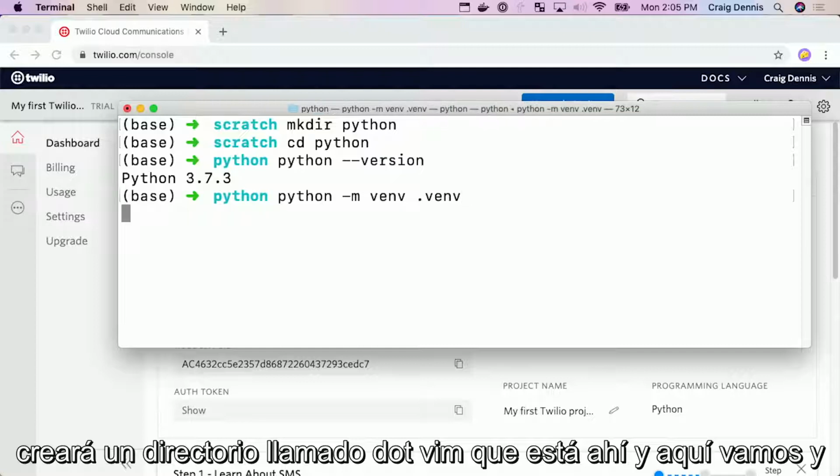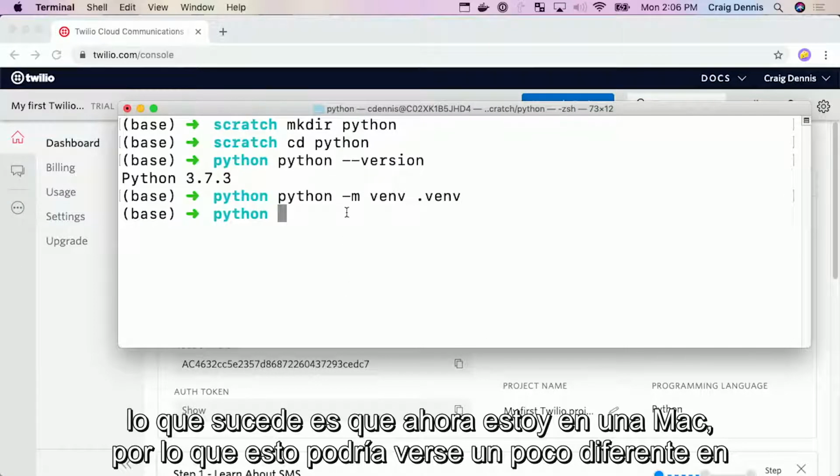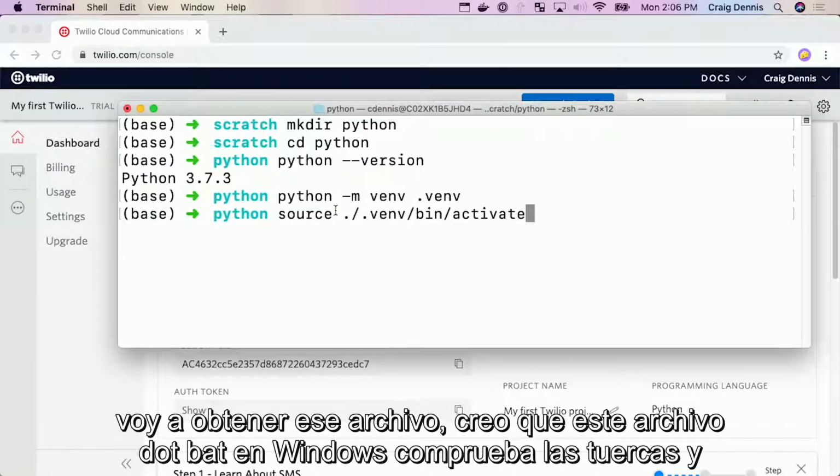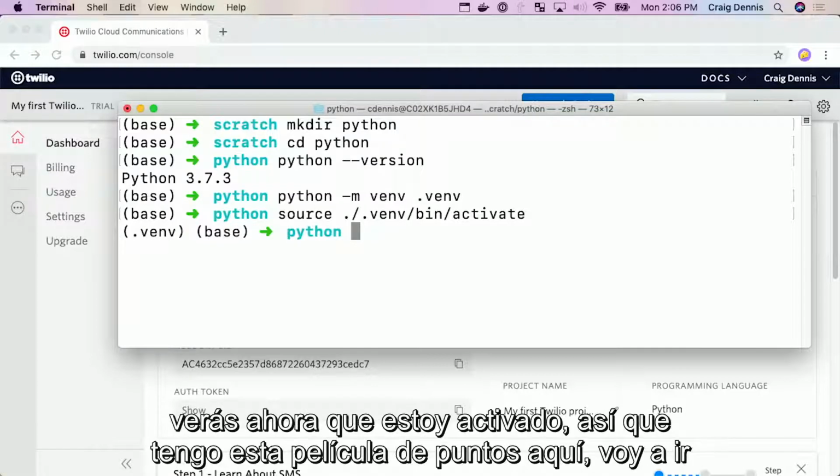And here we go. And what happens is, now I'm on a Mac, so this might look a little bit different on Windows. If you do .vim, there is a directory called bin activate, and I'm going to source that file. I think that's a .bat file on Windows. Check the notes. And you'll see now that I am activated. So I've got this .vim here.